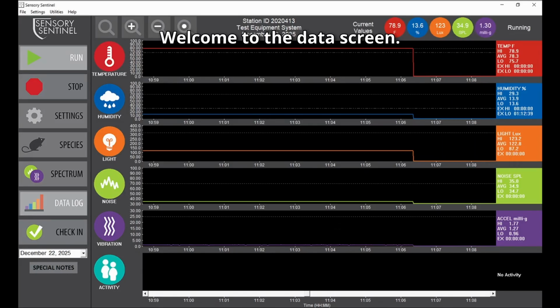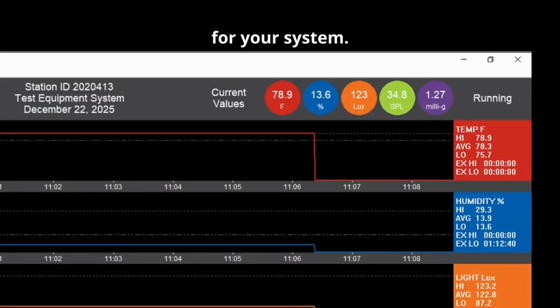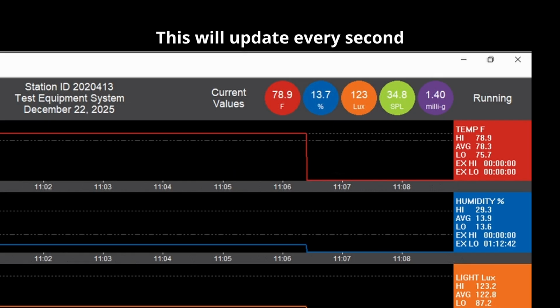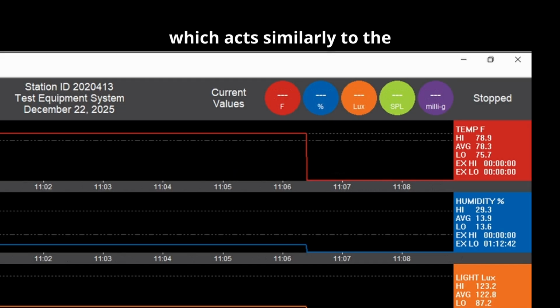Welcome to the data screen. On the top right of the Sensory Sentinel are the currently gathered variables for your system. This will update every second for each variable's gathered data in the current moment. From the left we see temperature, humidity, light, noise, and finally vibration. To the right of these is a running or stopped notification, which acts similarly to the run or stop highlighted